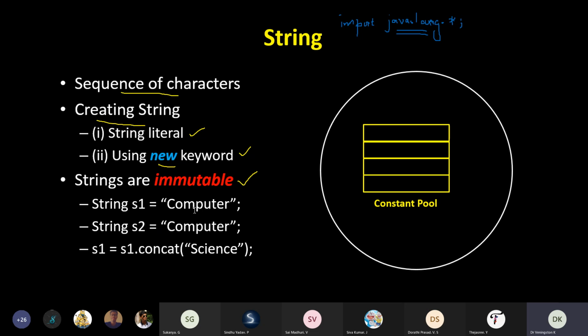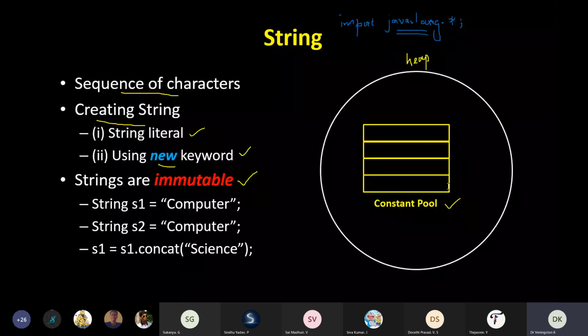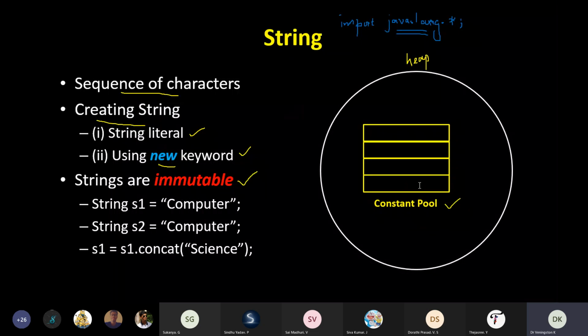Why is it done that way? Inside a heap there is something called the constant pool. Think of this circle as a heap, and inside this heap there is the constant pool. Whatever constants we write in our program will all be saved in this constant pool. When you create a string using a string literal, first the JVM will check whether that particular string is already present inside the